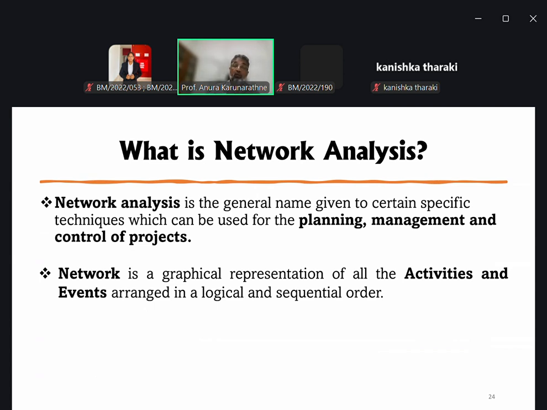Like as I mentioned earlier, the critical path we can mark on the network, and we can mark earliest start time, earliest finish time information on this network, right?